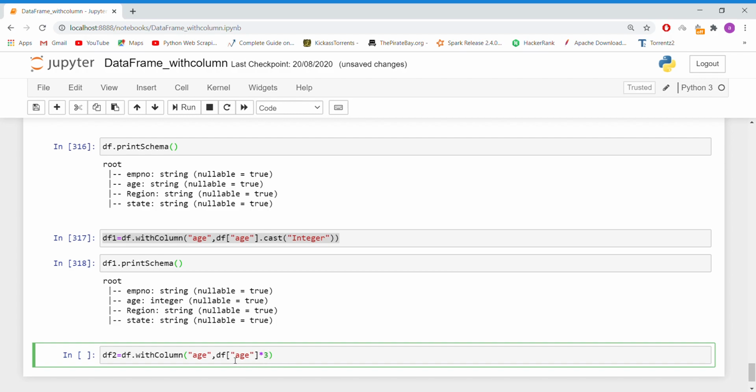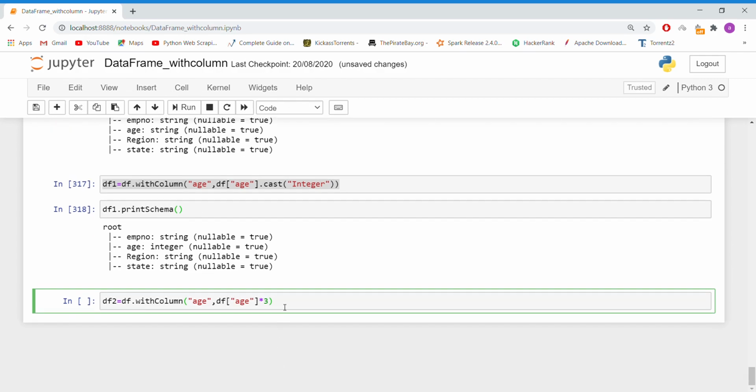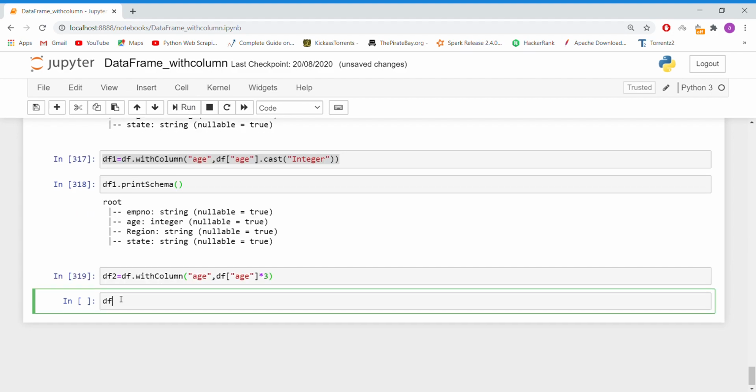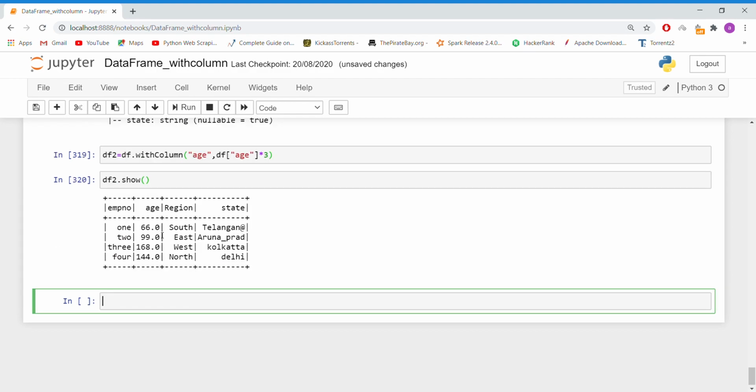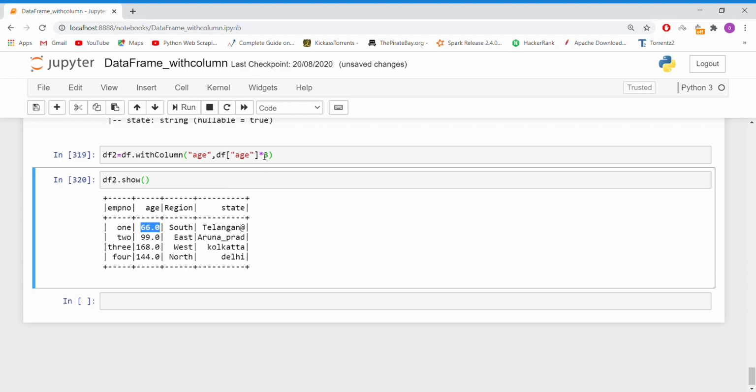I am doing an arithmetic operation on a particular column, on the existing column only. Let's execute this. Now df2 dot show, if you see the output, the existing column got multiplied by 3.